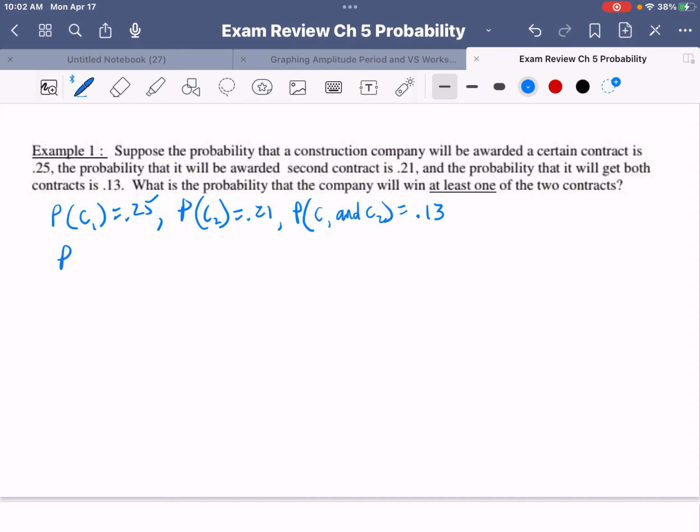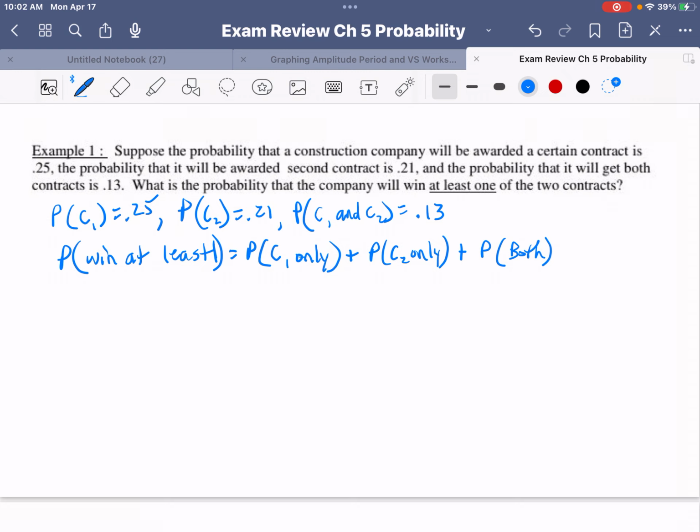What is the probability that it will win at least one of the contracts? Well, wouldn't that be equal to the probability of winning contract 1 only plus the probability of winning contract 2 only plus the probability of winning both? So in other words, it really just is equal to the sum of 0.25 plus 0.21 plus 0.13. And so then that equals